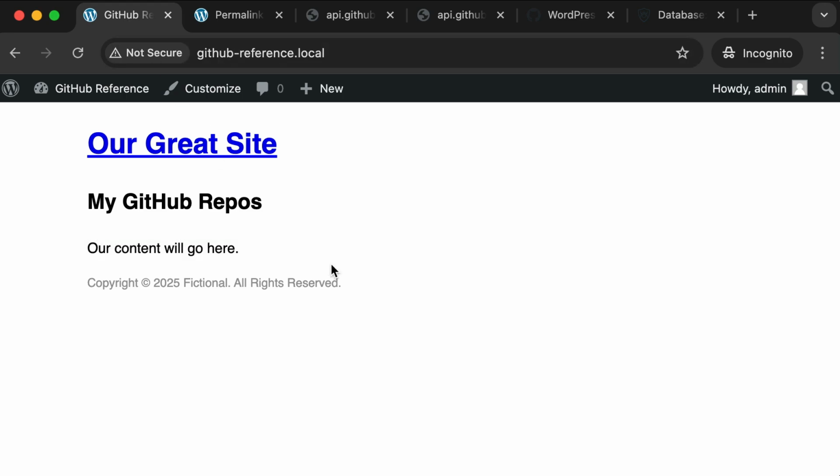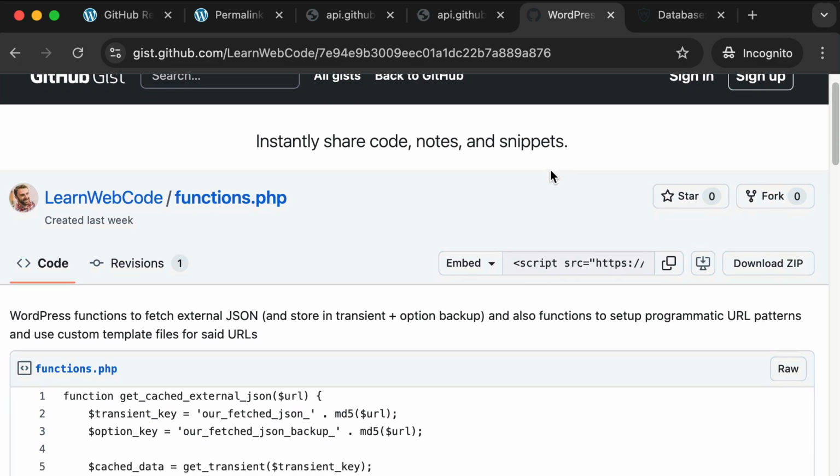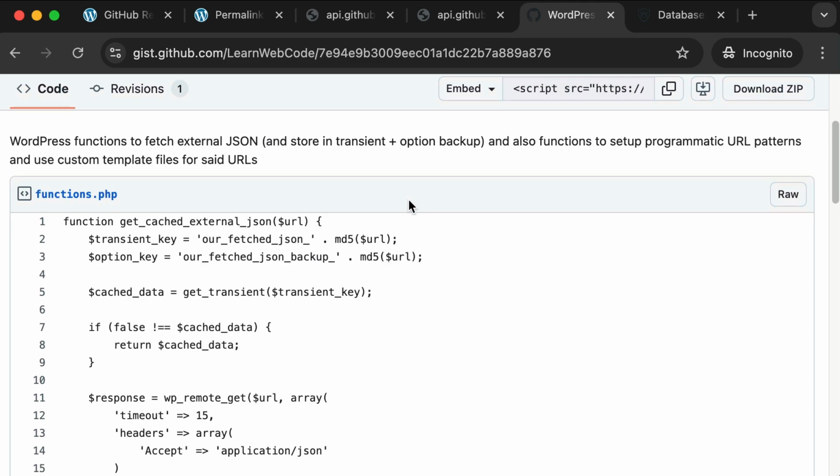Well, I want my videos to be about educational value and not just memorizing or staring at syntax for half an hour. So I actually have this GitHub gist that I want to share with you. You'll find a link to this in the description of this video or maybe the pinned comment. But from this URL, I've shared with you my boilerplate function called get cached external JSON. We can walk through the code line by line of what it's doing, but let's first just go paste it